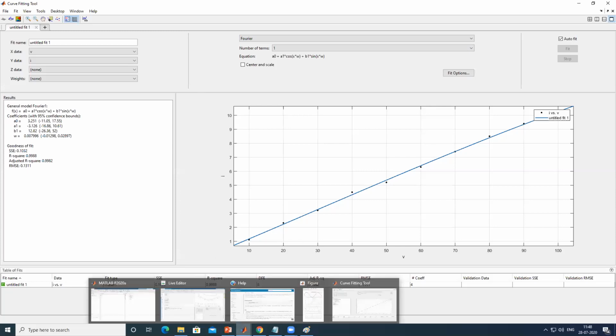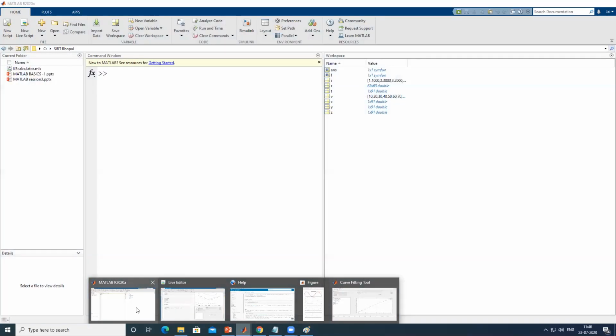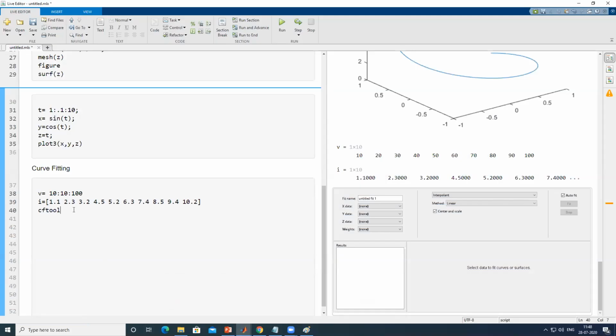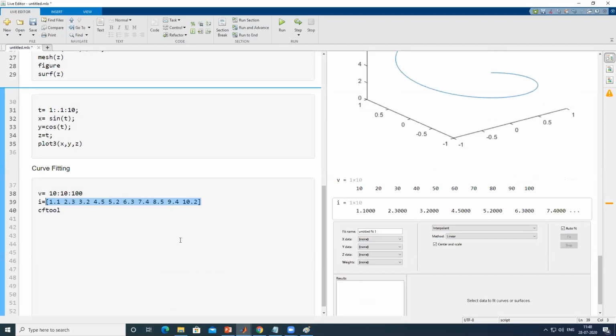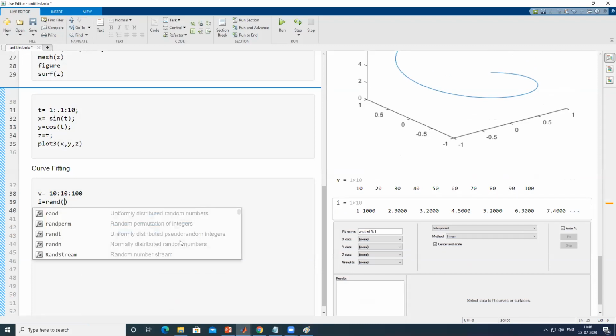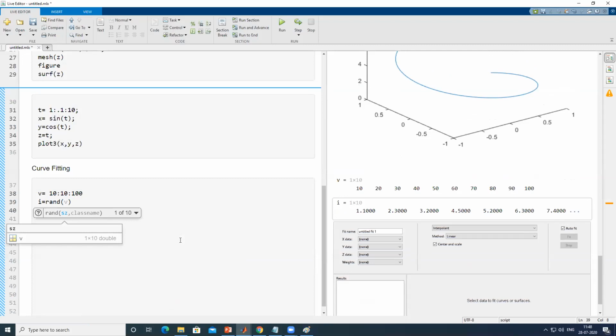Now what I will do is take some random data and try to fit it and see, because right now I have taken the linear model. So let's take some random data for that interval only. For random data, I'll use a random function. Here I want it to be 1 cross 10, which means 1 row and 10 columns.